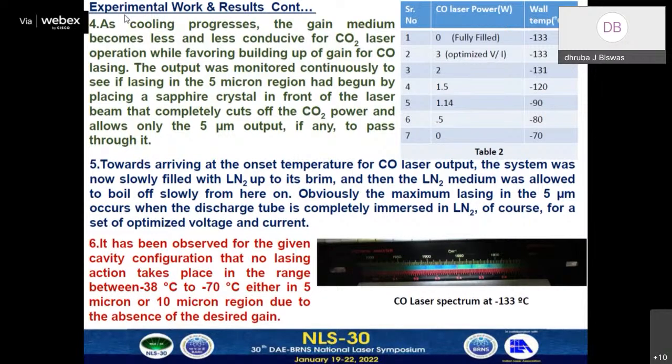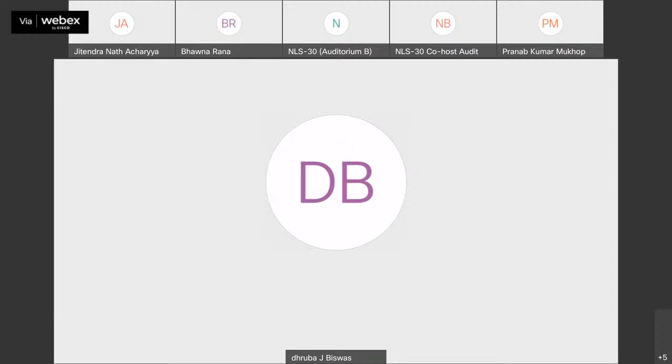So the CO lasing in the CO2 laser, where is the CO coming from? Actually, sir, it is because of dissociation of CO2. CO is formed inherently in the discharge, sir, and that CO takes part in the lasing action. So there is no external CO gas required? Yes, this is the main importance of this system, sir. We are avoiding the CO gas cylinder, which is very toxic.